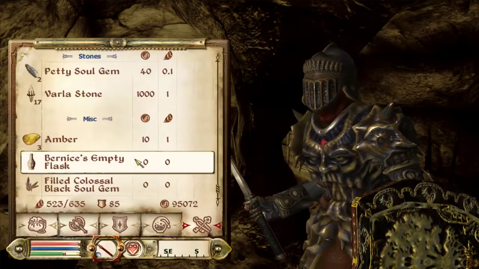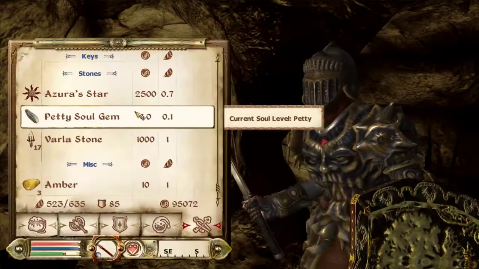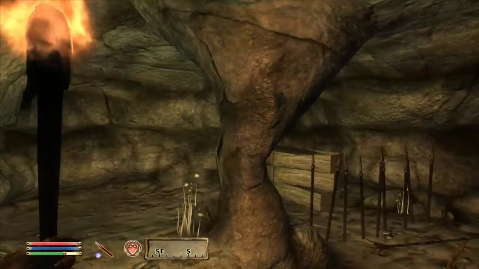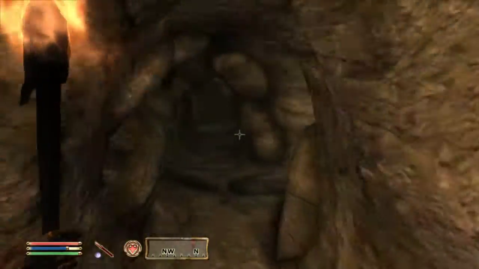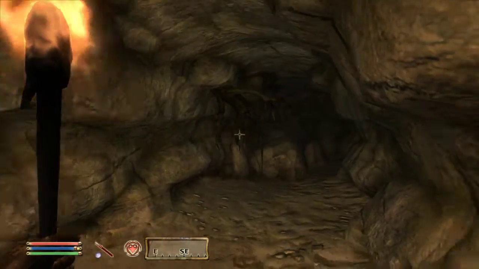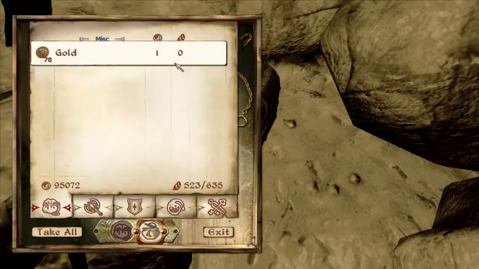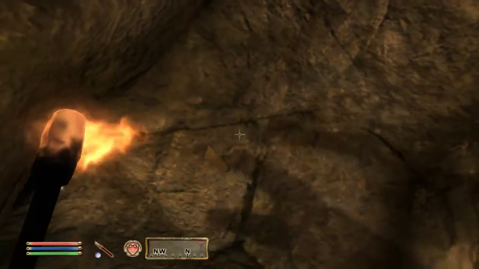Let's repair my stuff and check out my charges. Let's feed the petty soul gems to Umbra. And just in case I'm not quite fully healed, Vapadap. Went that way, have not gone this way. Let us go this way. Chest. Also,